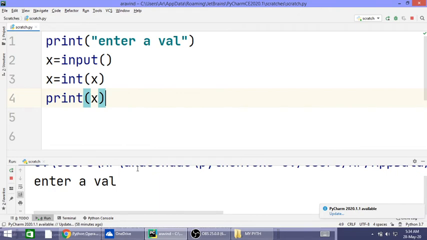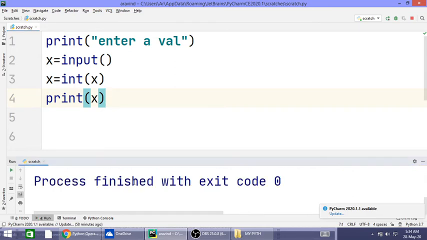Now it is asking to enter a value. I am entering 345, and it displayed 345. So that integer got displayed.